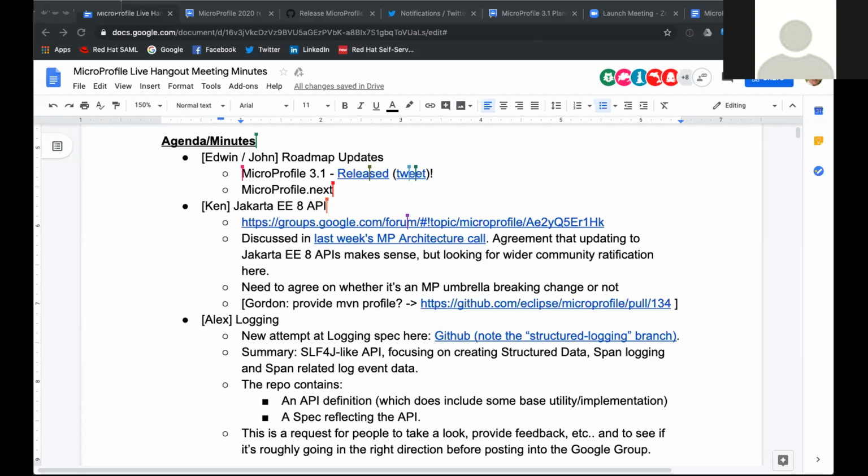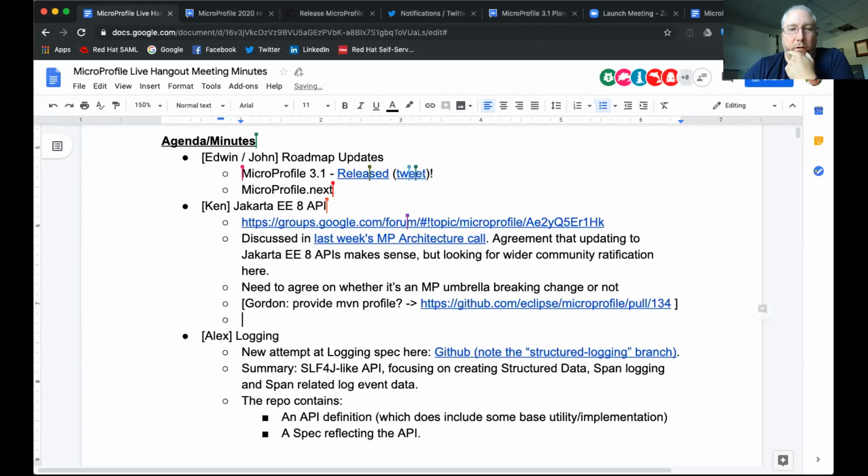Okay, does anyone disagree? Okay, I'll take that as agreement. So what I'll do is follow up in that thread just to say that we agreed here that A, yes, it made sense to update, and B, yes, we think it would be a MicroProfile 3.2 for February.